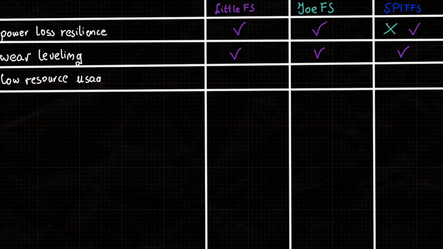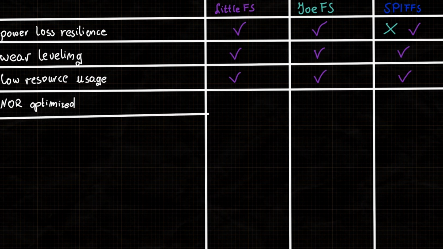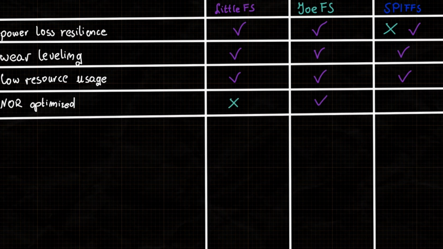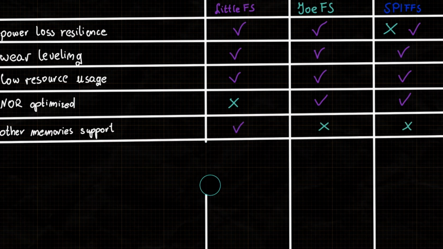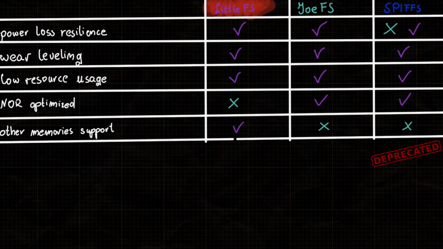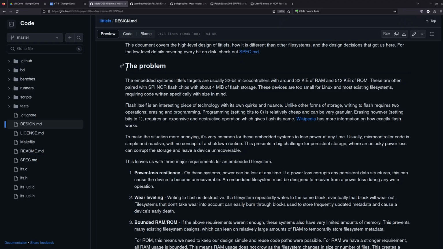LittleFS was not created to be optimized for NOR flashes because it was created to be supported by all kinds of devices, and JesFS and SPIFFS are using NOR flash details, and they were created with the mind to be supported only by NOR flashes. And SPIFFS is deprecated now, so I think I will use LittleFS as a starting point. Although LittleFS is not optimized for NOR flash, it's still a good choice because it can be later reused for memory cards and other types of memory. Additionally, LittleFS has implemented support for detection of bad sectors.